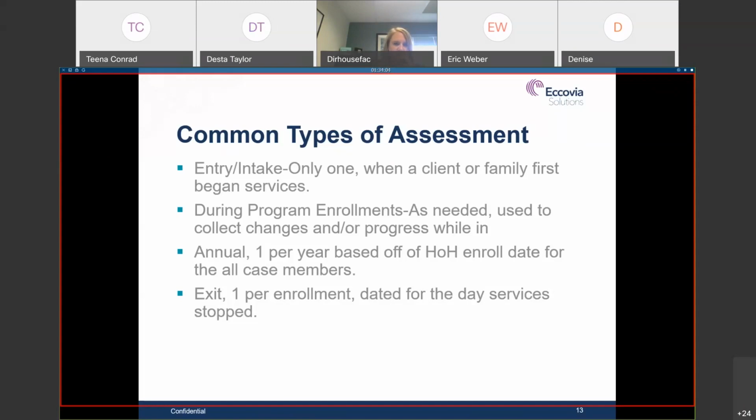And the final kind that we have is an exit assessment, and it's just that. It is going to be the day that the client stops receiving services, the day that they move out, or the last day that they spent the night in the bed. Okay. And that's important because with HUD, you don't hold beds,